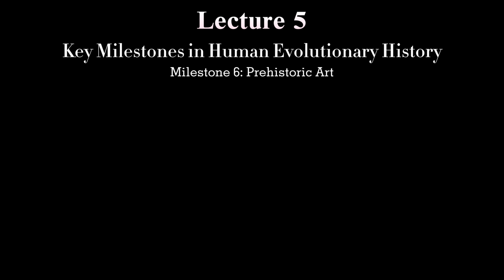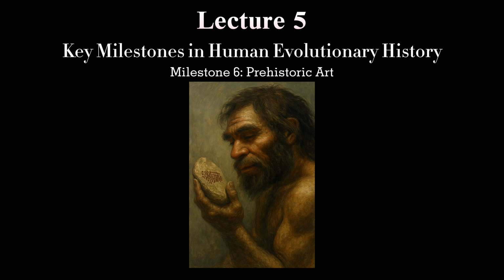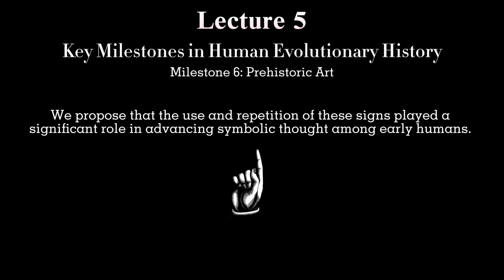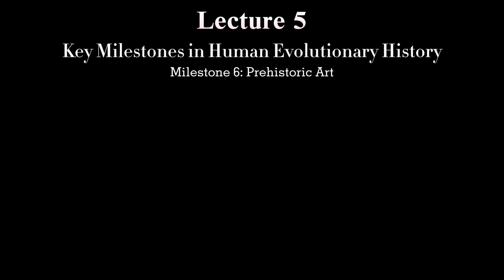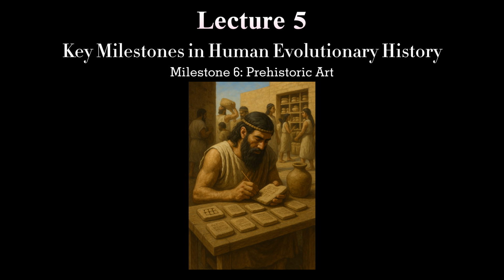While the standardized and abstract signs may have held shared symbolic significance for prehistoric humans, functioning analogously to religious icons reproduced and carried by individuals or groups, we do not interpret them as direct forerunners of written language. Rather, we propose that the use and repetition of these signs played a significant role in advancing symbolic thought among early humans. It was only much later, and within a limited number of societies, that this specific cognitive capacity contributed to the emergence of written language, developed primarily for utilitarian purposes, such as record keeping and the management of resources.